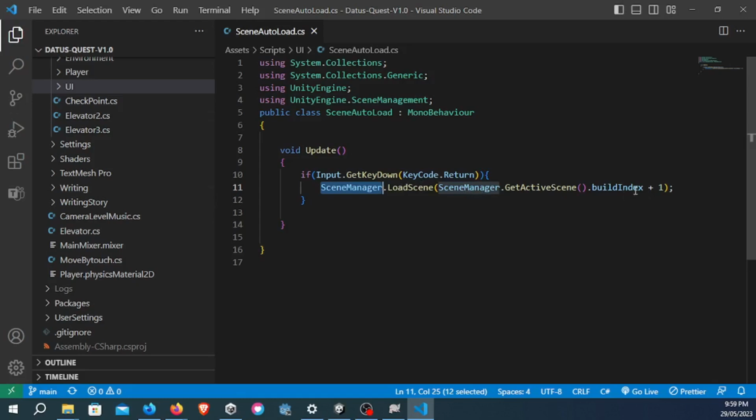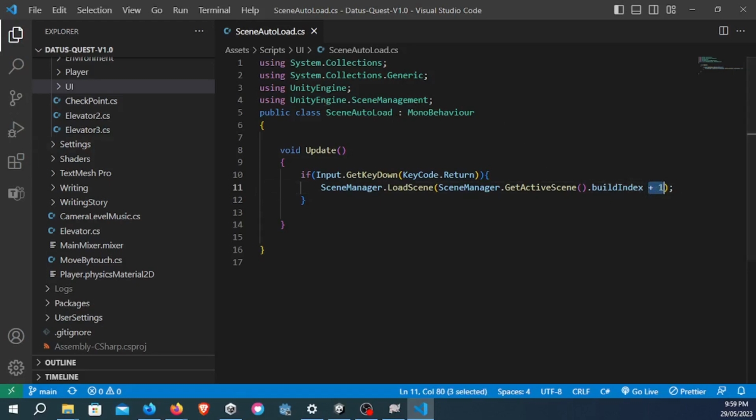And we're passing in an argument for the SceneManager, and we have the GetActiveScene method that we're accessing from this SceneManager. And then we have another built-in... I was wondering if this is a custom or built-in property or method. So I was exploring the documentation, and you would see its buildIndex is going to be a built-in part of the Unity engine scene management, and we're just adding +1 here to move from one scene